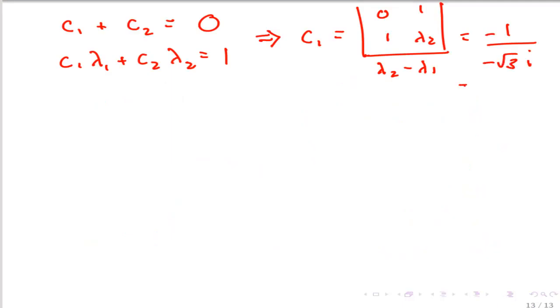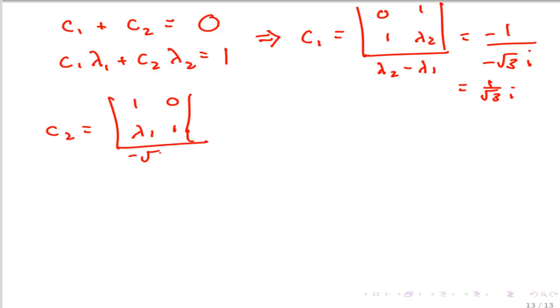So this is just 1 over root 3i. And C2 is the same denominator, minus root 3i, over it, with 1 minus 0 in the numerator, like that. And therefore U_n